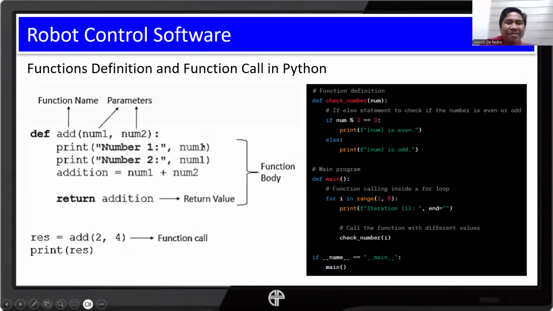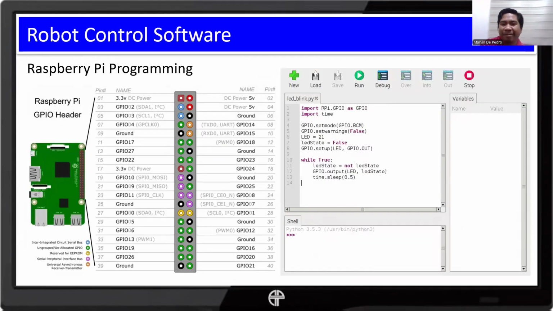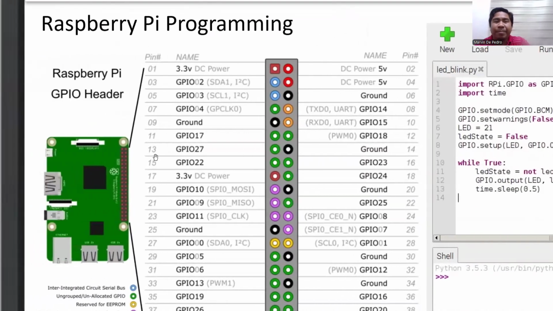All right. Now with a little bit of knowledge in Python programming and of course in circuits, just like in Arduino, you can now start your basic project in Python. Just take note of the GPIO pinouts of your Raspberry Pi.